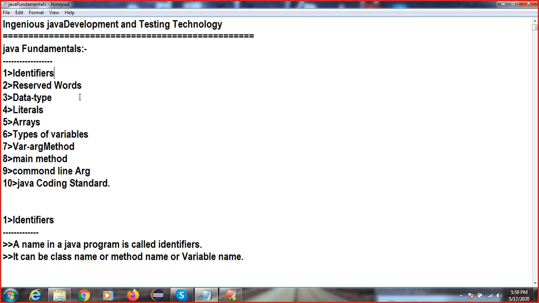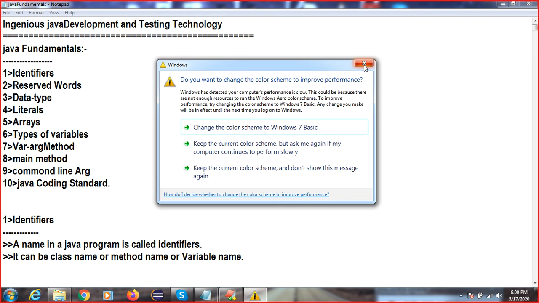Identifier, its name is called identifier, meaning you are identifying someone, right? If we go into a real-time project, we have many classes and packages, right? So how do we find that package? Maybe you are working on your project and facing an issue. If you go into the logs, you can find where the issue is, right? So how to find that? In the logs, it will display test runner class B has a problem.